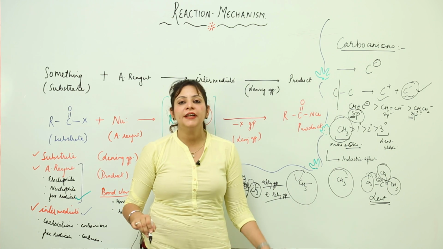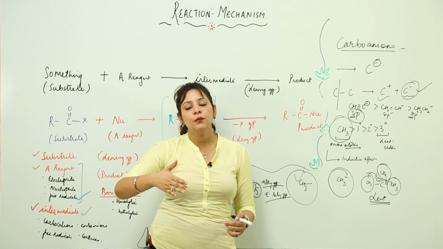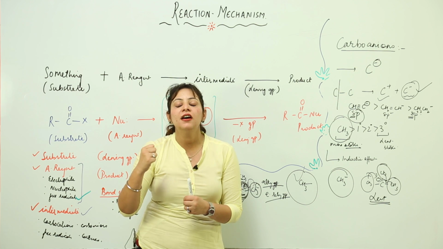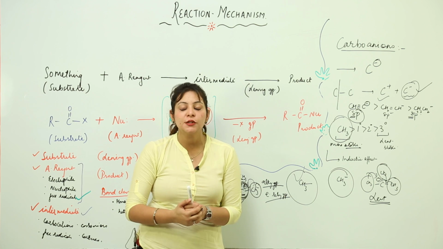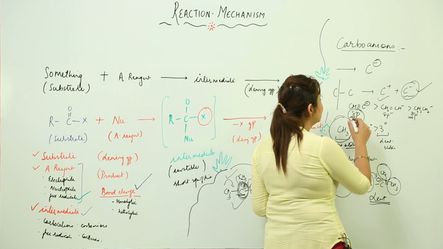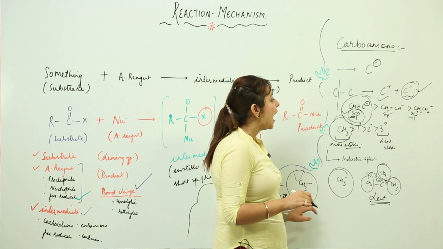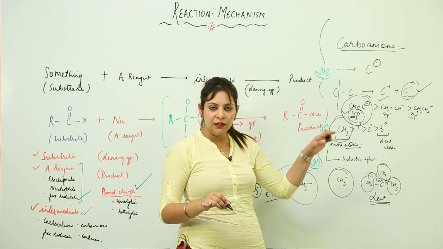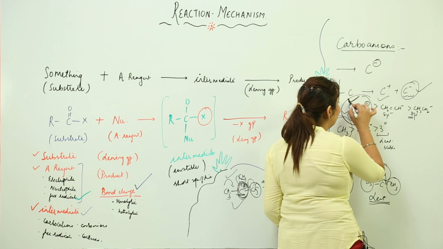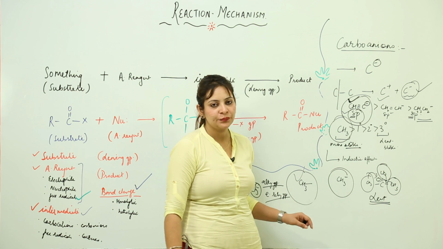And we know S orbitals are present closer to the nucleus, so they are pulled with a greater force. So the one which has more S character will pull the electrons more towards the nucleus, and the negative charge will somehow get neutralized because the nucleus is positively charged. That is why it corresponds to more stability. So out of them this has the maximum S character, so it will be closer to the nucleus, and its negative charge will somehow be dispersed. By this we can say that this is the more stable carbanion, which is obtained from alkynes, and the one obtained from alkanes is the least stable.